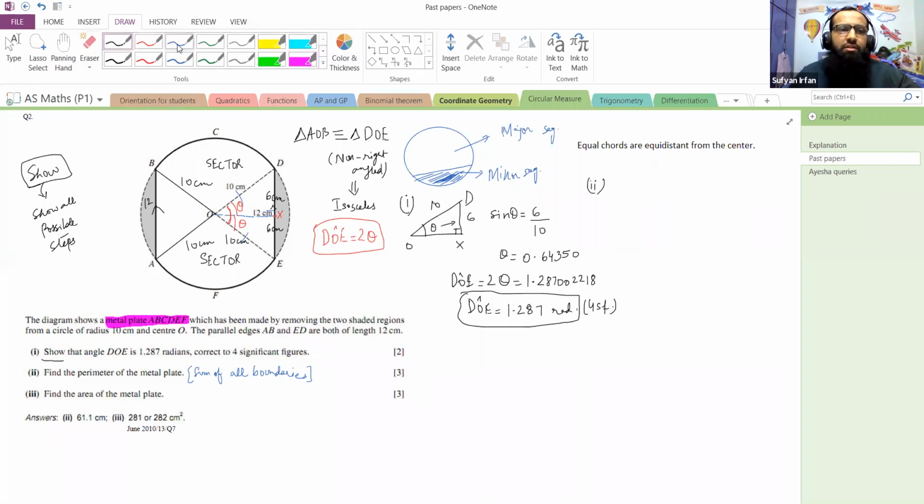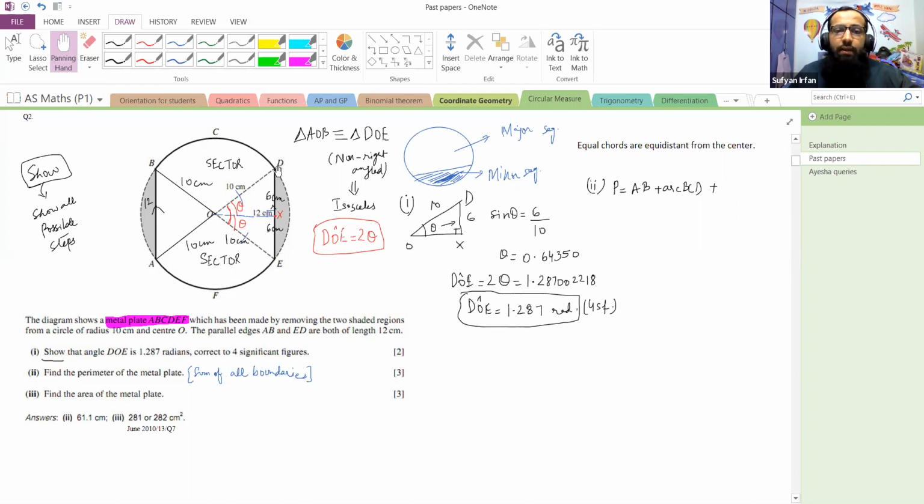Now how many boundaries are there? Let's write the perimeter. Perimeter is AB plus arc BCD plus, because the two shaded regions have been removed. So the metal plate is A, B, C, D, E, F, A, and all the boundaries are to be added together. If you have to find the perimeter of the shaded region, then all the boundaries surrounding the shaded region are to be added. When we solve a particular question of perimeter, I'm going to repeat this concept again. Over here, if you have to find the perimeter of the metal plate, then it is AB